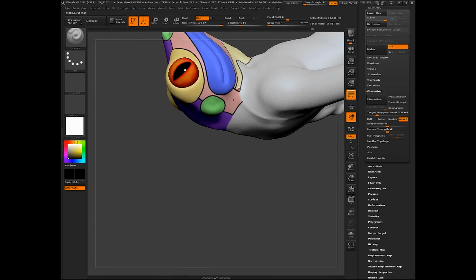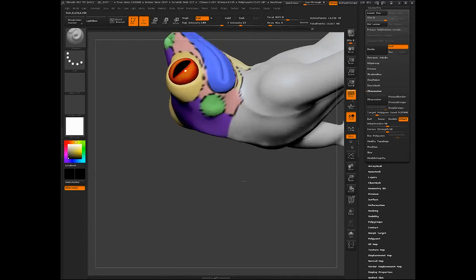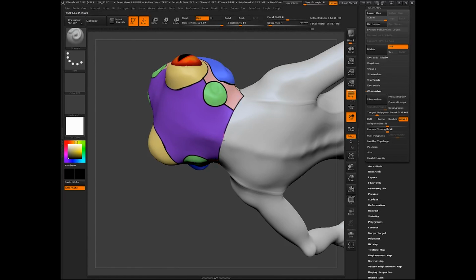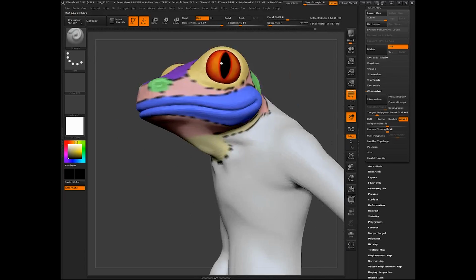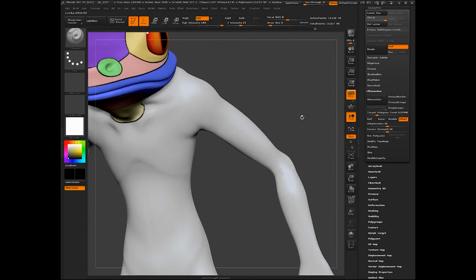So we're only going to work on the head. We're not going to actually go back and work on the rest of the character, but the process is going to be fairly similar.